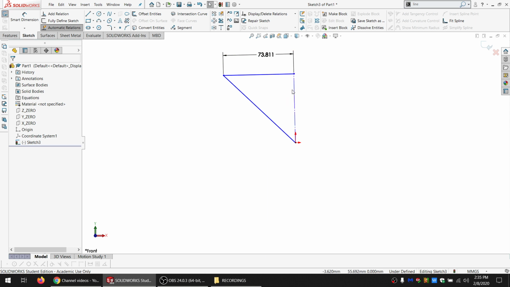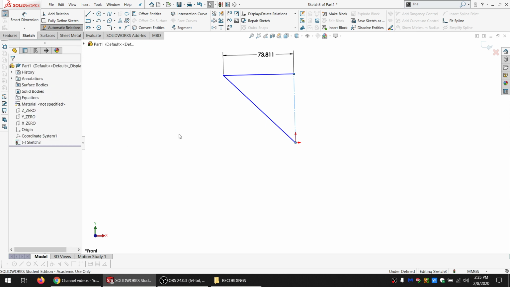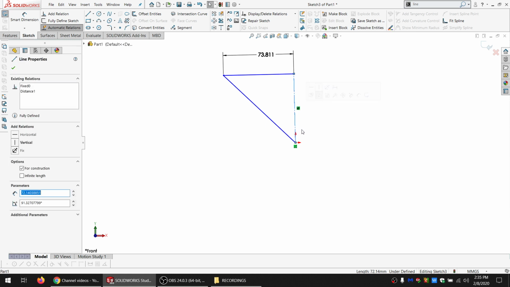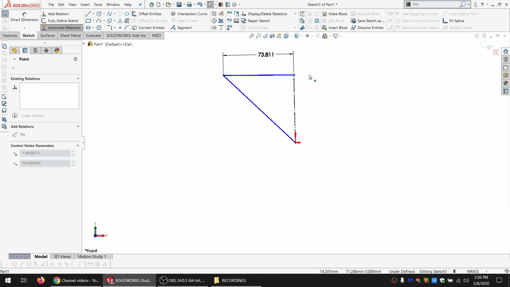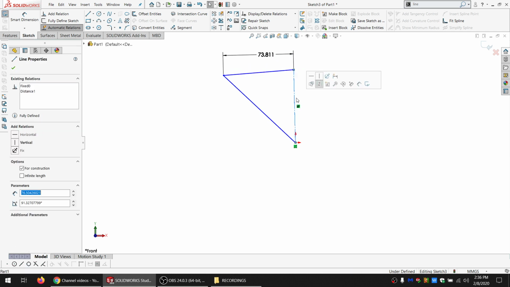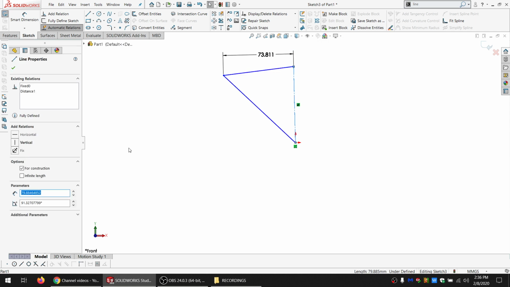Now, what can I do with this line other than that? If I click on it, I get some other options. First of all, I can click fix, and now it turns black. And when something turns black in the SolidWorks sketch, that means it is how it is. It can't be moved. I can move the endpoints up and down because they're not black, but the line itself is black, so I can't drag it left and right. It's stuck there. And in almost all cases, it's considered very bad practice to use fixed,